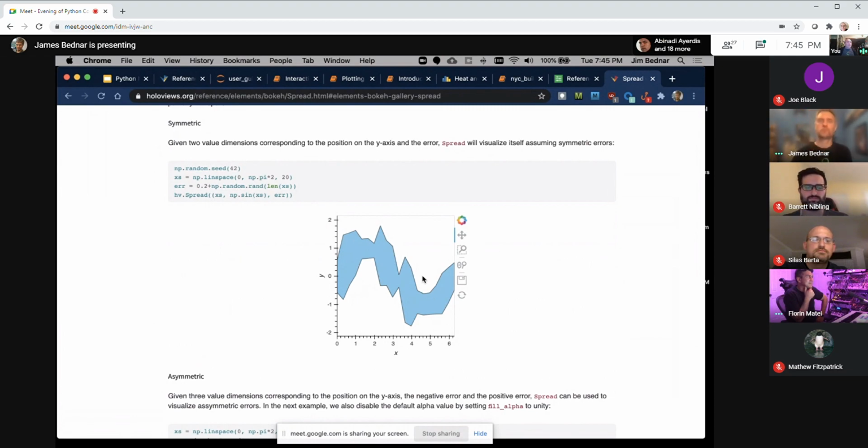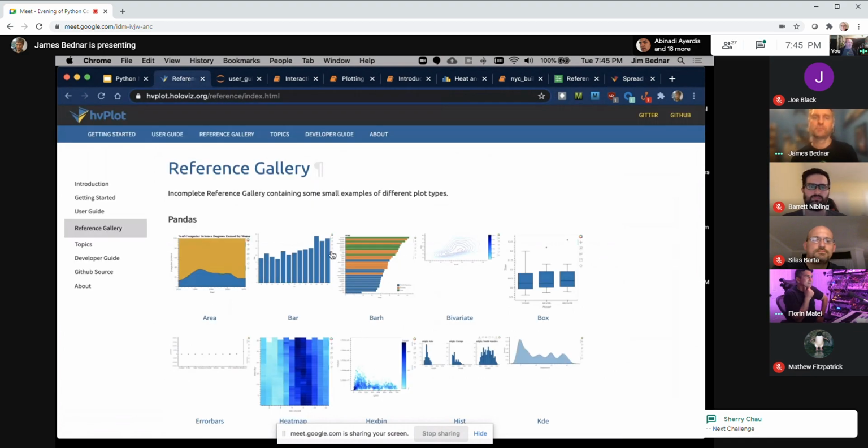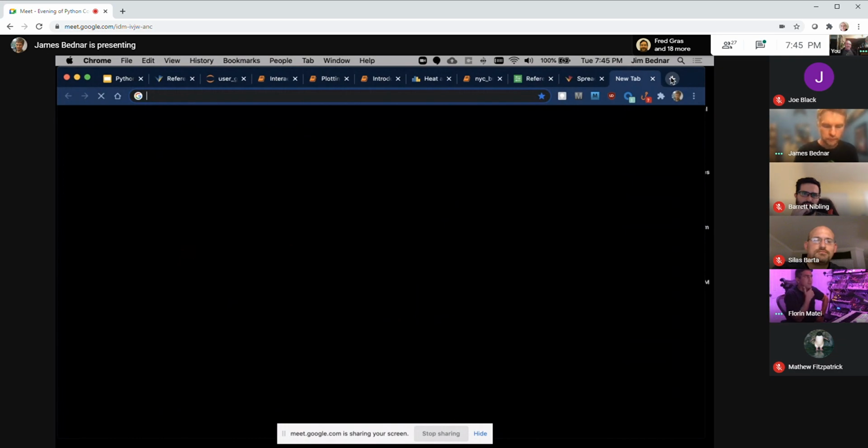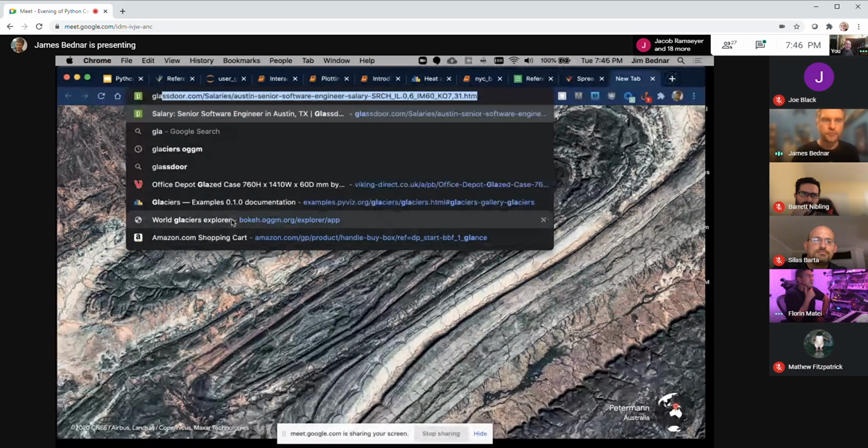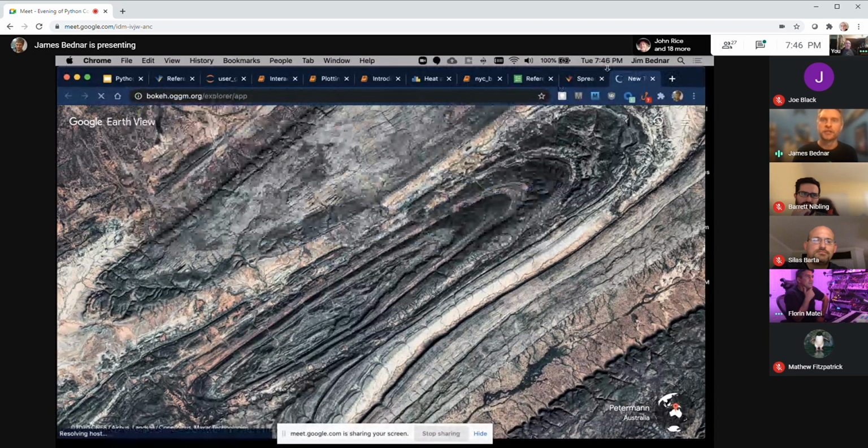Anyone has a challenge of some sort of data that they want to plot? I don't have a challenge, but I have a question. Can you do all these outside the Jupyter notebook? Let's say I want to make a service website where a customer can go to, and that's not like a Jupyter notebook. Can it? Yes, actually at the very end of that notebook I was just showing you, which was this one,